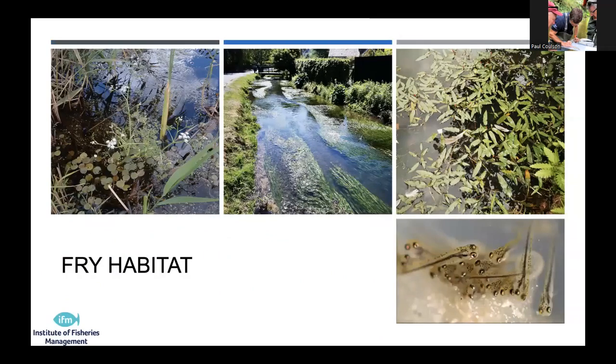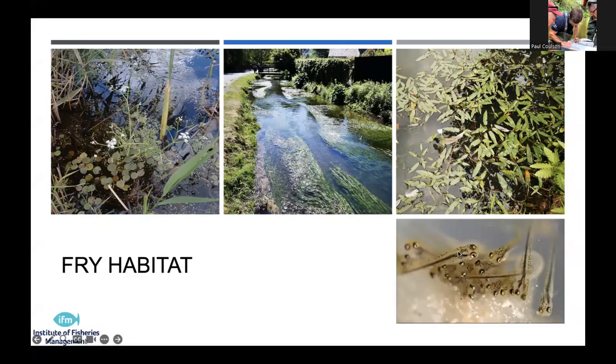And you can see these complex habitats. If you were to stop and count up here the number of aquatic plants we've got in there, there's certainly double figures quite easily. Same as in here, you've got potamogeton and different ones, and this is a river, and you can see those big rich beds of ranunculus, of water crowfoot in there, and it's all great fry habitat.